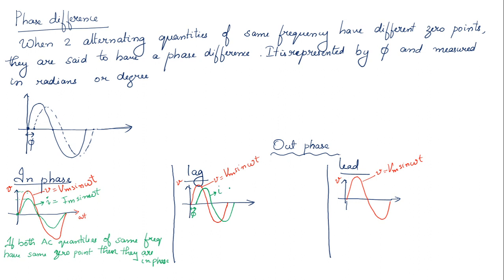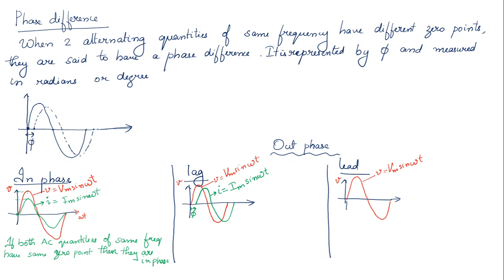I'll show you how to represent this current. We have already studied how to represent such a waveform. I is equal to Im sin omega t minus phi. And this we can call as current is actually lagging behind the voltage, isn't it? Only after 5 degrees the voltage, current waveform comes. So we can say I lags the voltage by 5 degrees.